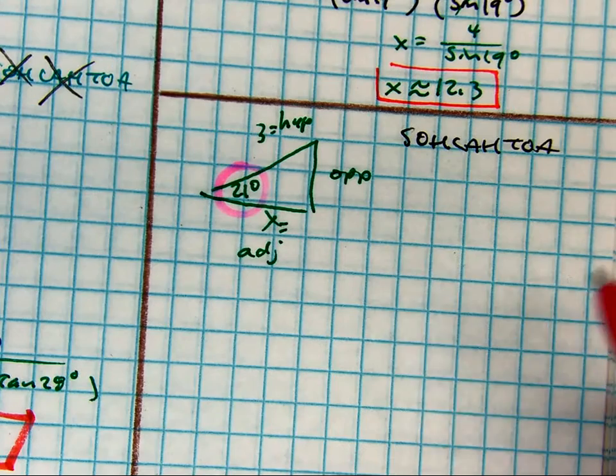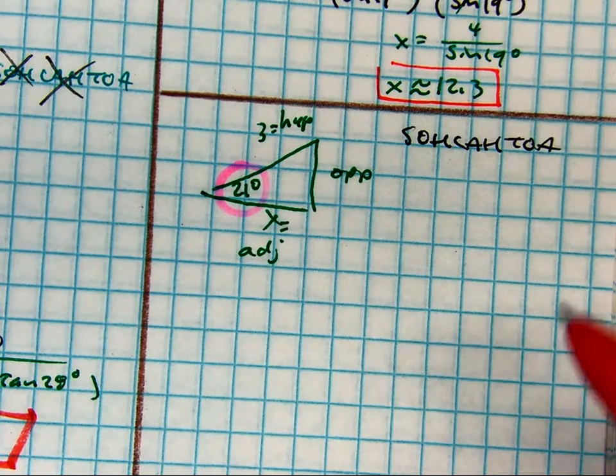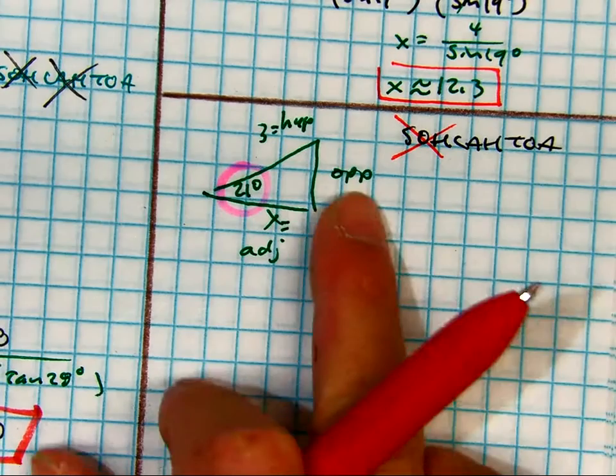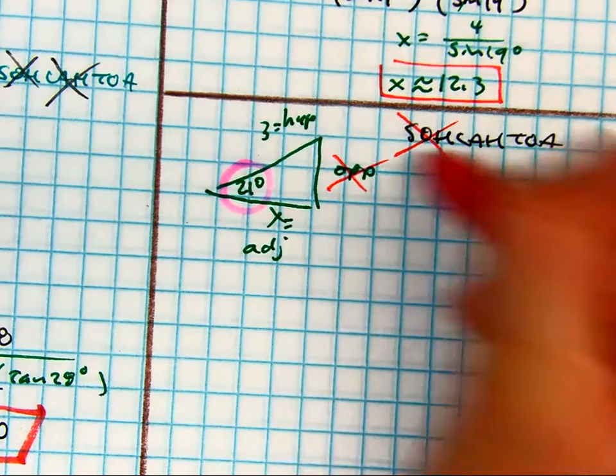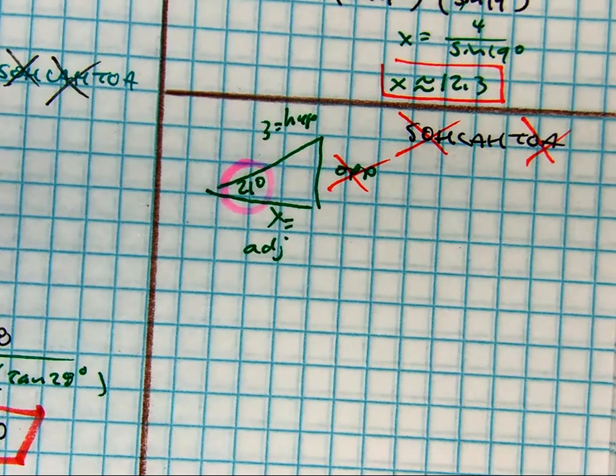Boys, tell me one trig function we are eliminating. Why sine? It doesn't have an opposite. And then you can eliminate tangent. So girls, we are using